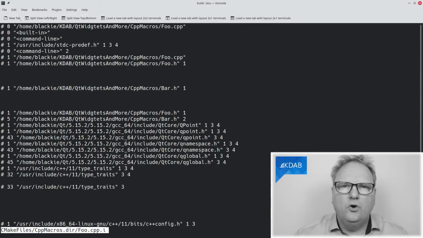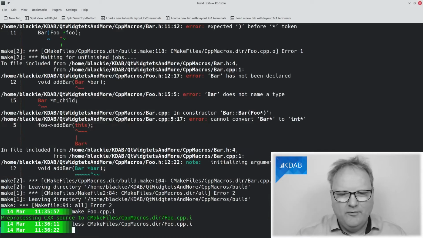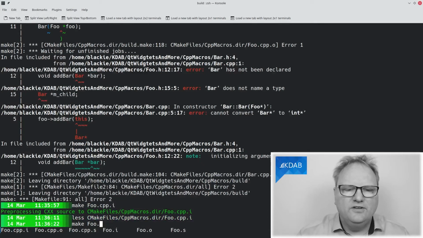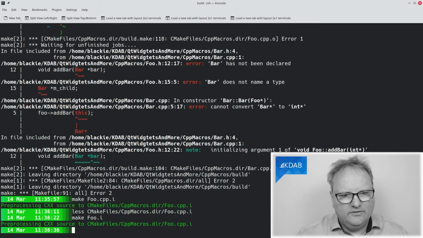And here is your pre-processed file. Very nifty. I can never remember that it's called .i, so simply it is the foo.cpp file or foo.whatever. Here you can see all the targets, foo.i. I wonder what's the difference between, oh, it's still the same one.